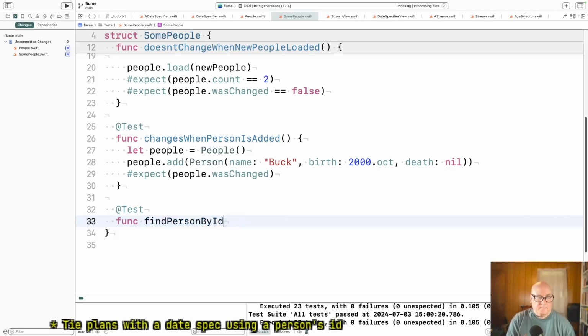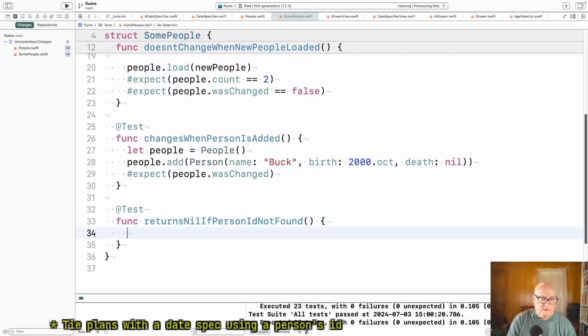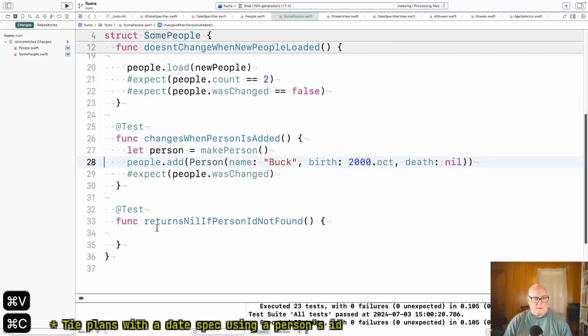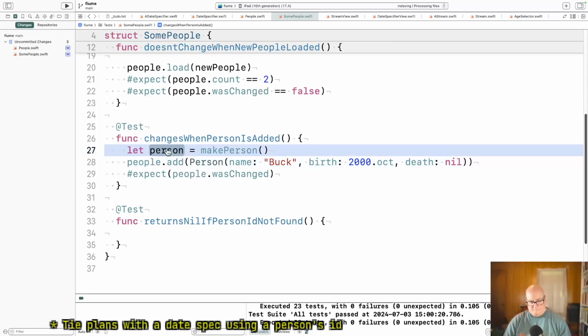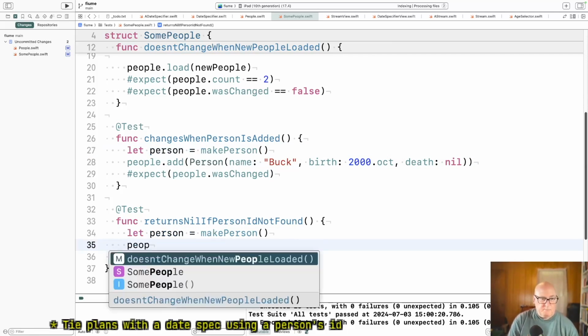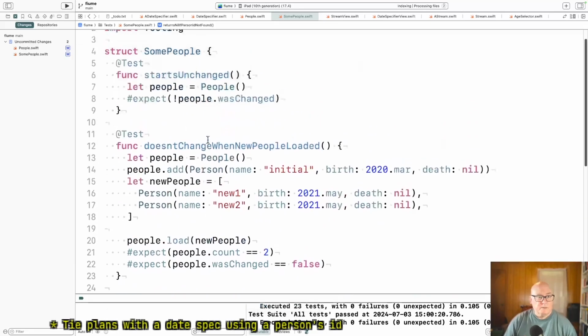How about returns nil if person ID not found? Okay, so and we do people.